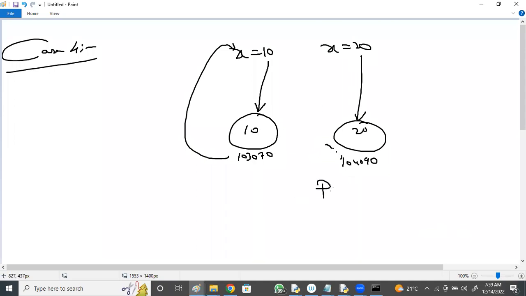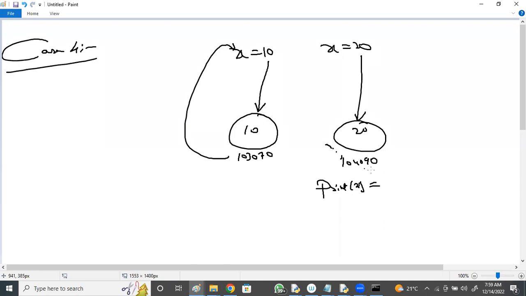If I say print x, what is the x value it is going to print? 10 or 20? Whatever the latest one you took.